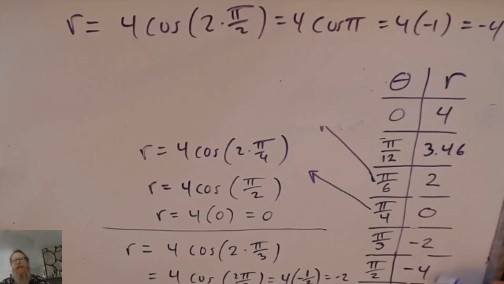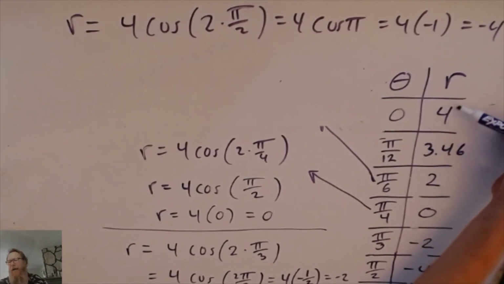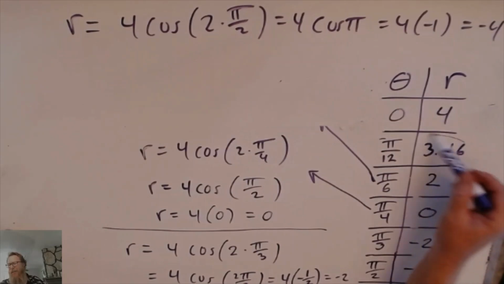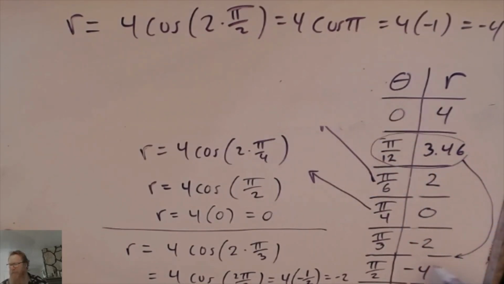It looks like I skipped a number in here. Yeah, you see the pattern? 4, and then 3.46, then 2, then 0, then negative 2. There's actually a negative 3.46 in between here. If I really wanted, I could go back and recover that. I guess it would be